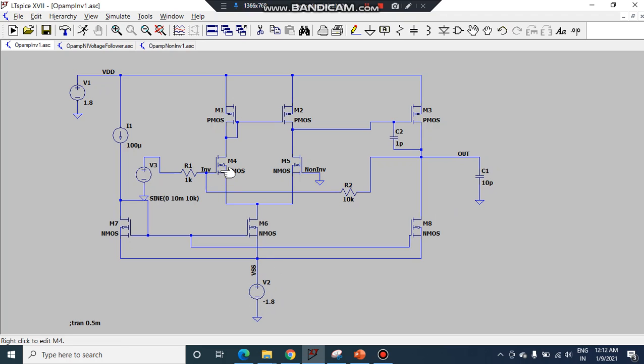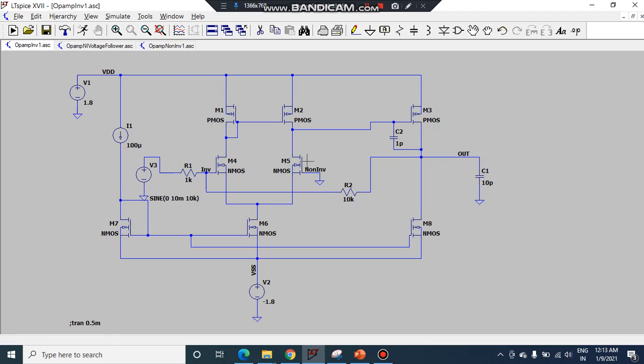VSS is sufficient to bias these transistors M4 and M5, at which we will be applying input. So these M4 and M5 transistors are there, and we will be connecting whatever input we have at their gate terminals. So this VSS voltage of minus 1.8 must be sufficient to bias these transistors M4 and M5 and to turn them on. If I connect ground here instead of minus 1.8 volt, then I will need suitable DC biases here along with the input at the gates of M4 and M5. So we do not need that because I have connected VSS as minus 1.8.